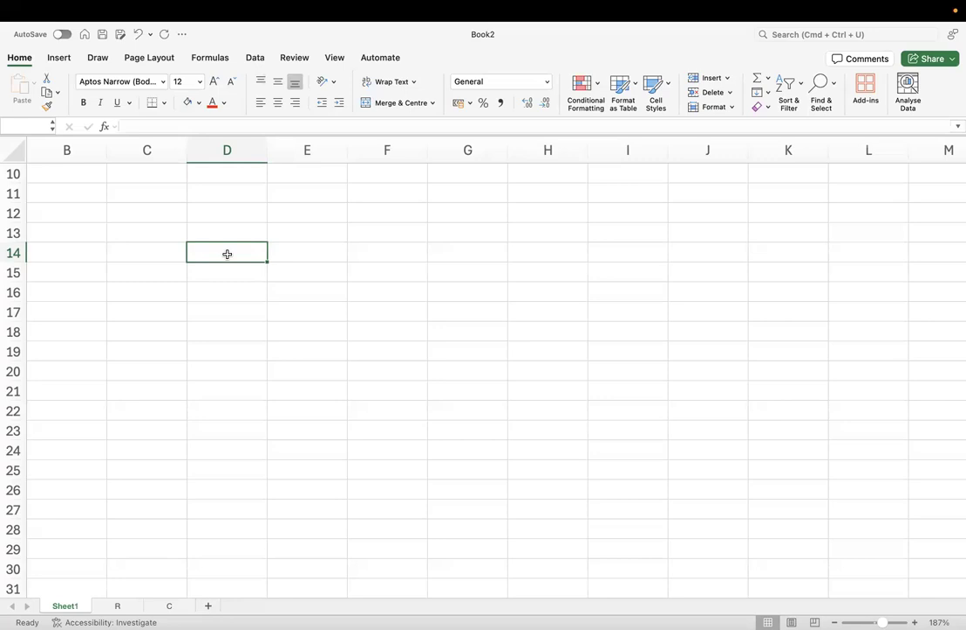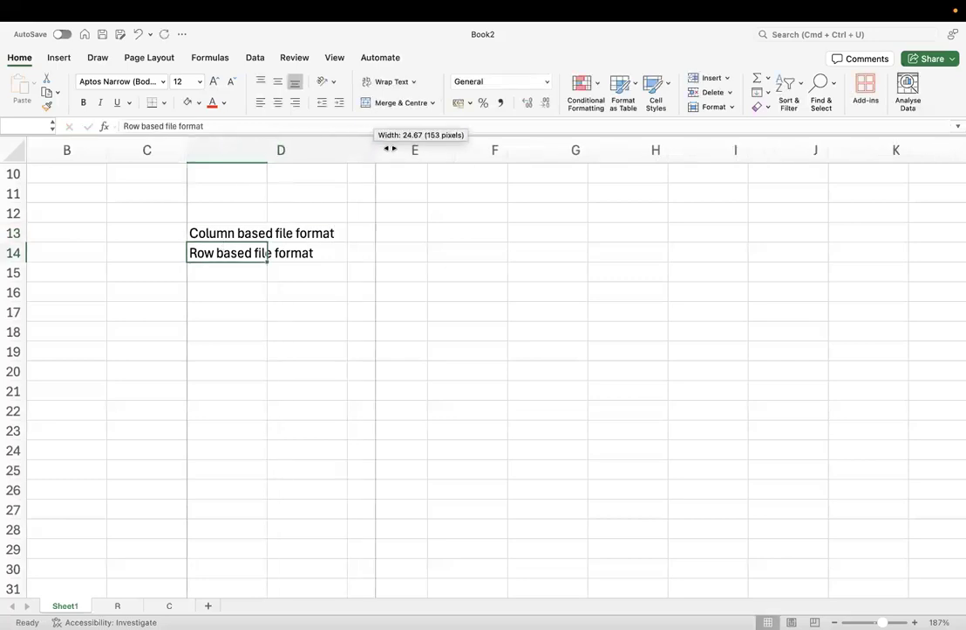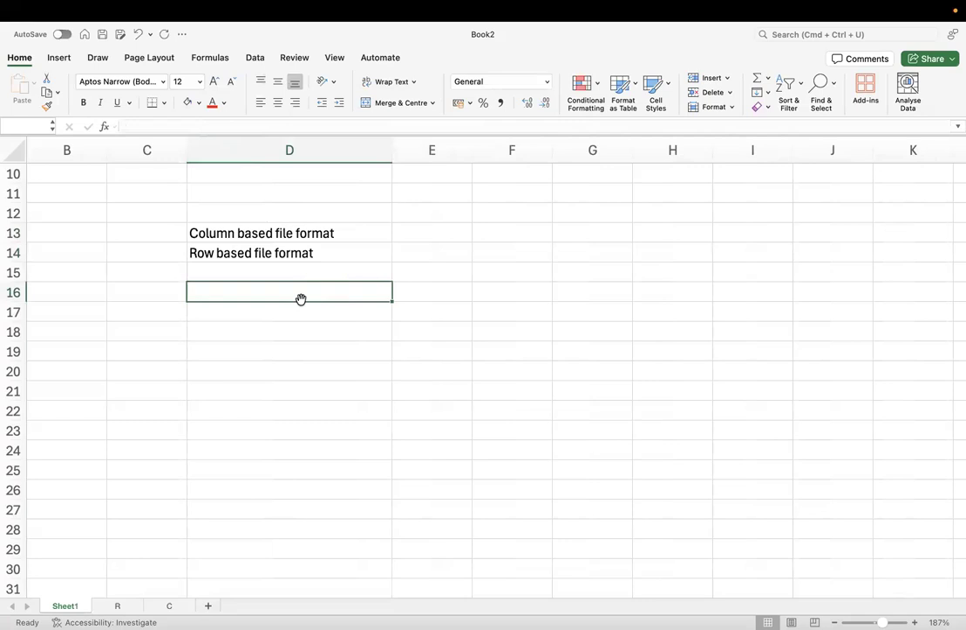Okay. Good morning, guys. So today our topic would be on file formats and some of the important points to understand when we are talking about file formats. We'll get started with understanding what is a row-based file format and column-based file format. Okay, and we'll try to see how they are different, which one is better, which one should